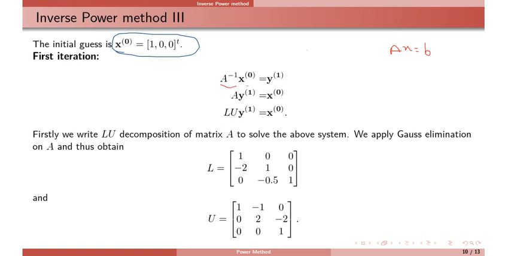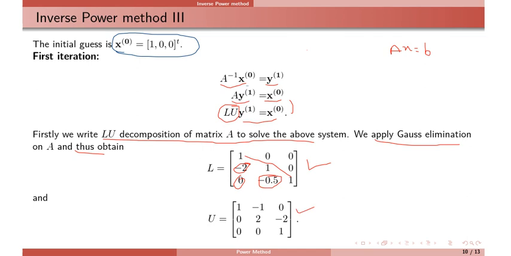So I pre-multiply by A on both sides. The right hand side will be A y1 equal to x0, and write the LU factorization of A first to find y1. So firstly I am writing the LU decomposition of matrix A. I am stopping this question here. Just apply Gauss elimination, and you get the L matrix with diagonal 1 1, and these are the multipliers of the first stage, and this is the multiplier of the second stage, and U is the final matrix you got after Gauss elimination. So this is the LU factorization.